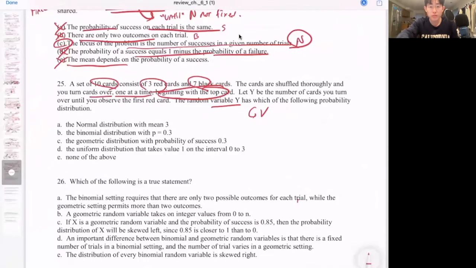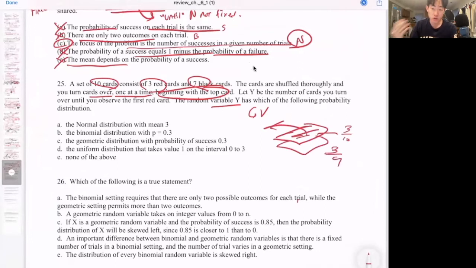But the unfortunate problem here is that the probability of each successful trial is going to be different. So you turn over one card, it's going to be, let's say, 3 out of 10. But let's say it's not and you move that card over. Now it's 3 out of 9 for the one that's on the bottom. And you keep on, the denominator is constantly changing until you actually pick a card. It doesn't say the words with replacement. So therefore, even though it resembles a geometric distribution, it is not going to be a geometric distribution at all.